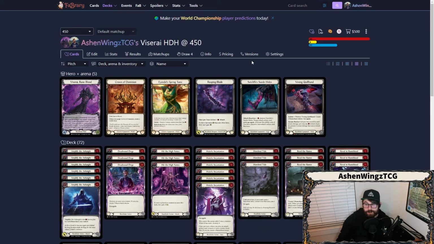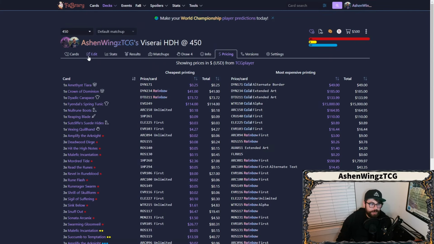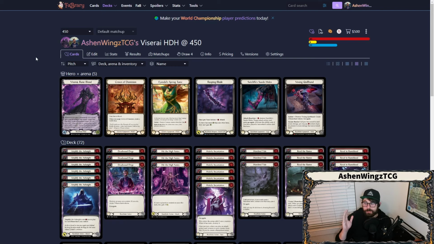Now it says $500 here, but I'll go ahead and show you. It is about $450 down here before shipping. But again, this price is due to change. This is our upgraded version of the deck. For an additional $350, you can make this version of the deck, which is a little bit more competitive,